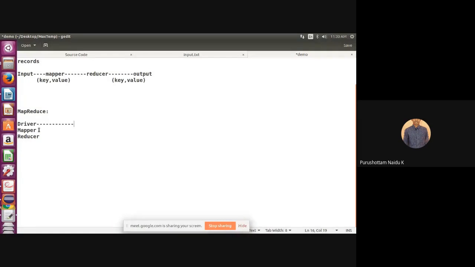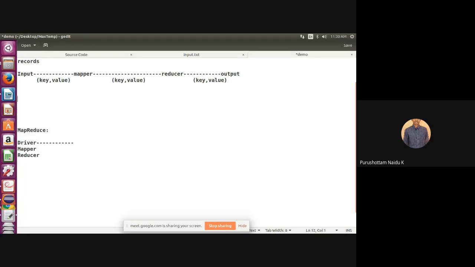First you have to see the mapper code. In this mapper code, first you have to identify the key value types. Clear? Now this is the input of the mapper key value type. The same is given as output of the mapper, which is given as input to the reducer. Then we get as output also key value pairs. That is the final output. Clear?